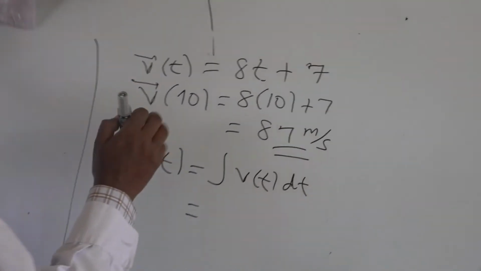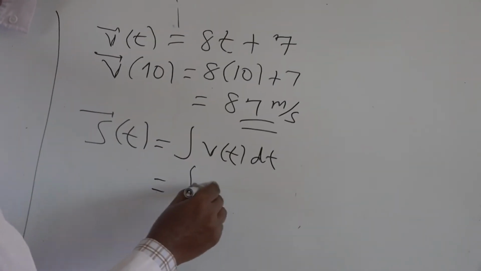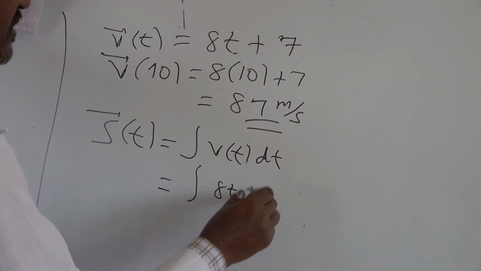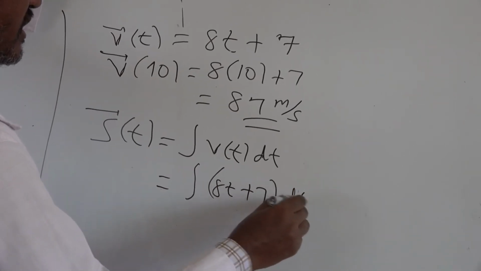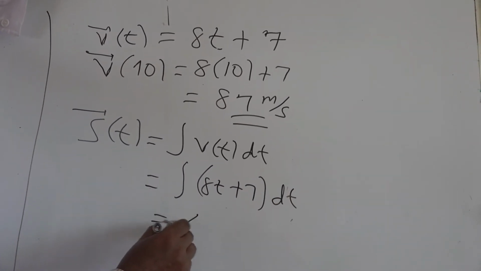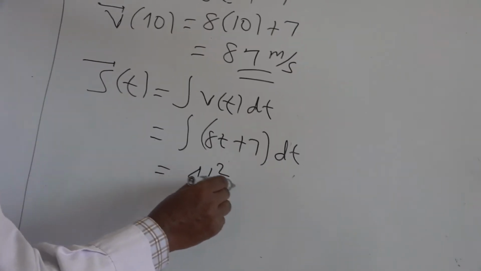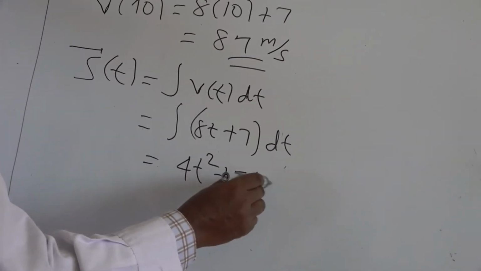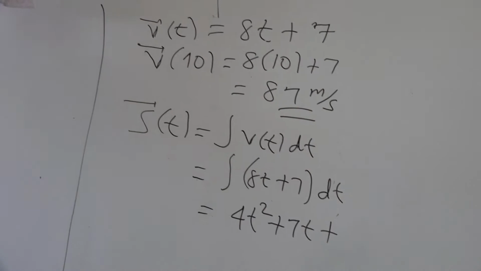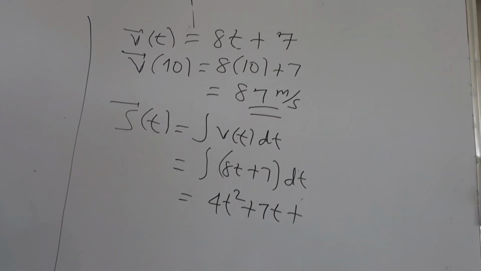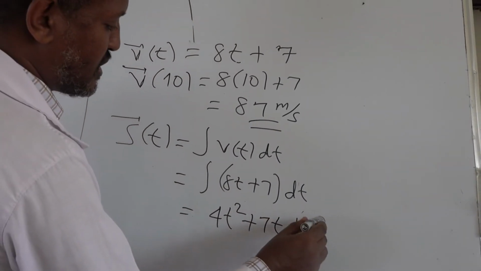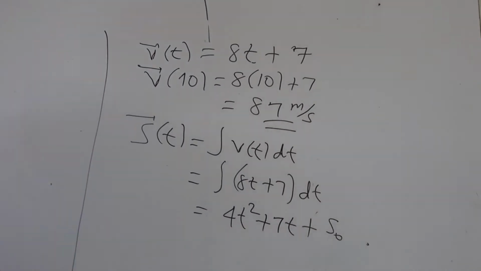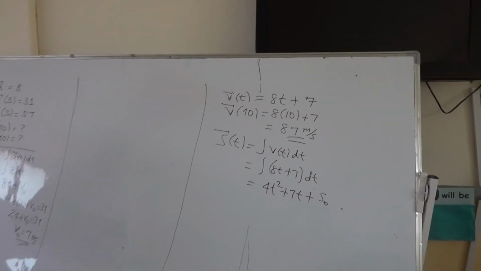But the velocity function is 8t plus 7, so dt. The integral is 4t squared plus 7t plus some constant. That constant is the displacement at t equals 0 seconds, and we can call it simply S naught. Therefore,